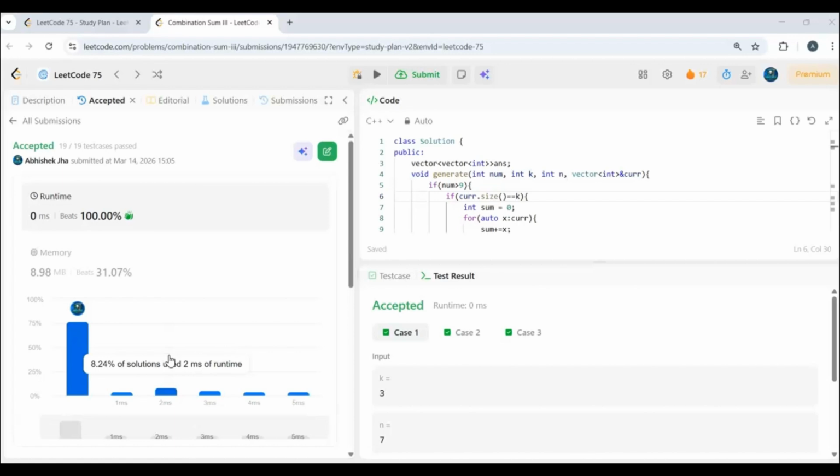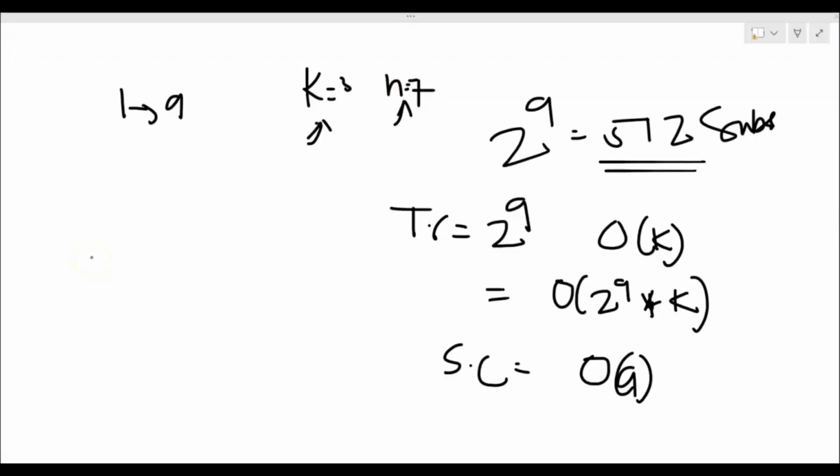So let's discuss why this approach is not ideal, and then we'll move on to our optimal approach, where we'll use backtracking to solve this problem optimally. Why is this approach not ideal? Although 512 subsets are manageable, this approach has many problems. One problem is that we are exploring many invalid possibilities, such as combinations with more than k numbers. Among those 512 subsets, many have a size greater than our k value, and we are also checking combinations whose sum already exceeds our n value. So we are checking all these invalid combinations in order to find our valid ones, and we waste a lot of unnecessary computation.